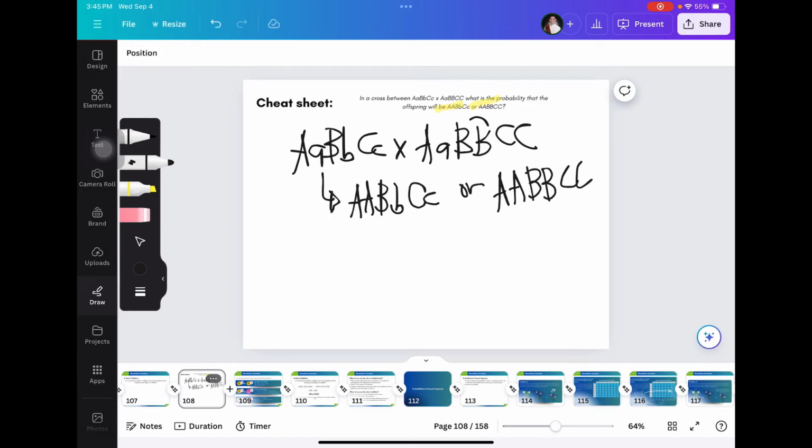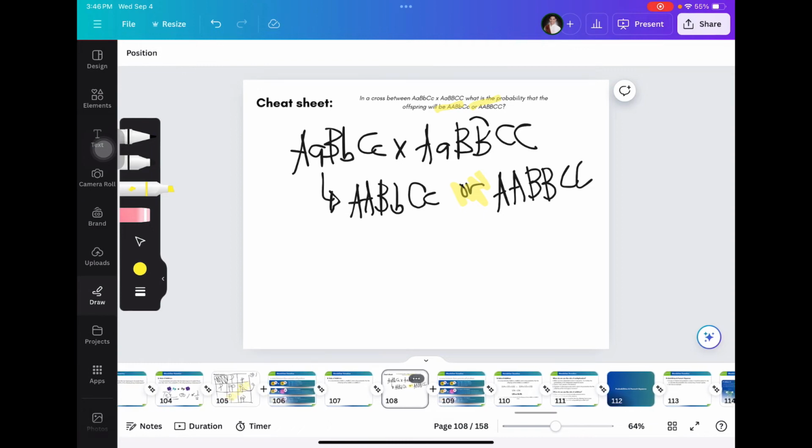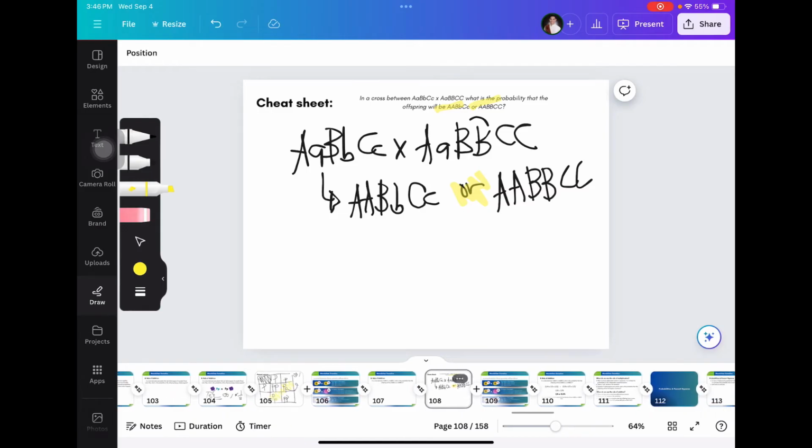Okay. Now, in rule of addition, when you see the word "or", normally you will be using the rule of addition rather than the rule of multiplication. But if you see the word "and", you will be using the rule of multiplication. So as you can see, based on our previous definition of rule of addition, mutually exclusive events are events that cannot happen at the same time. So technically, they are actually describing this one. These are events that cannot happen at the same time, because it's asking you what is the probability that you will have either this one or this one.